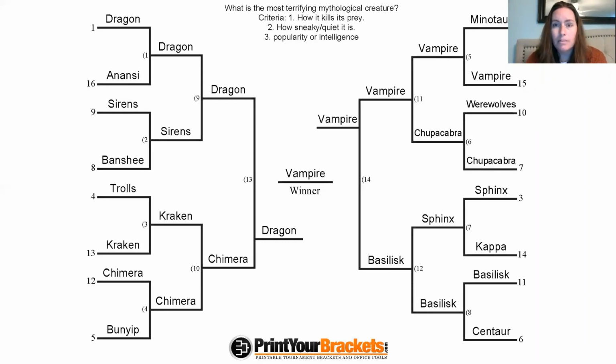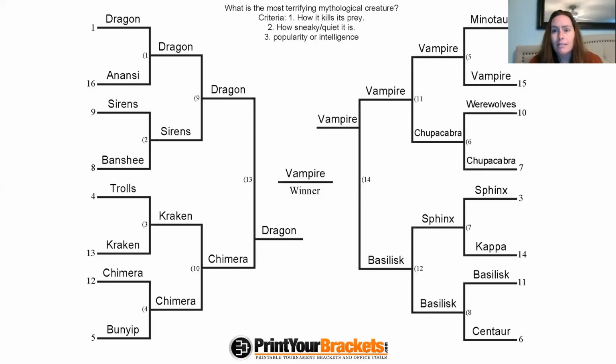So that's my presentation, and it came out that the vampire is the most frightening mythological creature because they are quiet when they stalk their prey. They can change into other creatures and forms. They can change into a bat and fly around that way. They can pretend to be human. They have a humanoid form. They can also entrance people and keep them imprisoned. They're known for doing that. And then they just use people until they've eventually killed them. And they, of course, suck their blood.